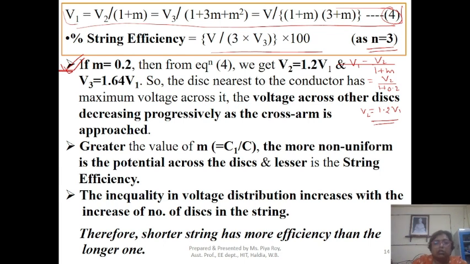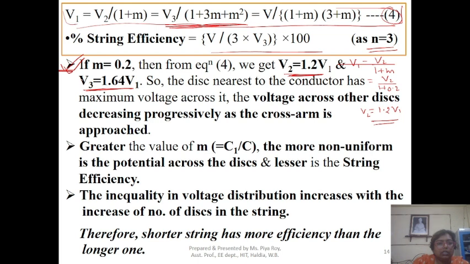Okay, so now we have V2 equal to 1.2 V1, right? And similarly for the V3 expression, if we put the value of m here, this value V3 is 1.64 V1. Okay, so we have V2 and V3 in terms of V1, and from this it is clear that V3 is